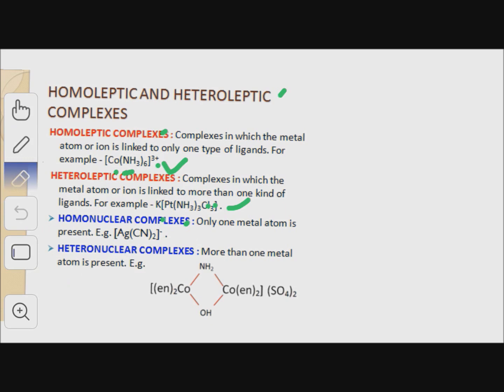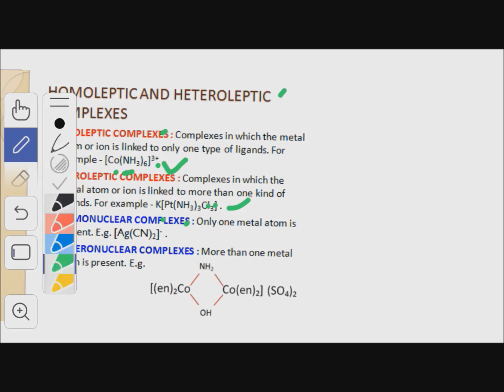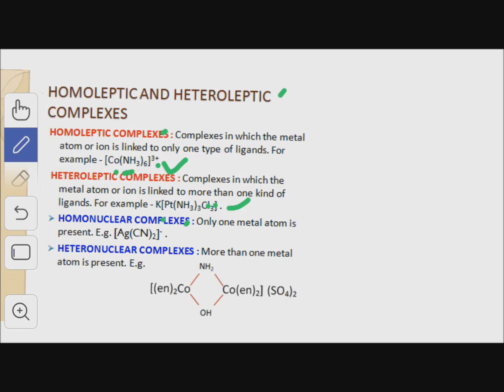Next is the heteronuclear complex, in which more than one metal atom is present. Like in this, there are two cobalt central metal atoms which are linked to two ethane-1,2-diamine and NH2, OH, which forms the bridge between these two cobalt atoms. And these are the counter ions or ionizable ions, SO4 2-. And this is an example of heteronuclear complexes in which more than one metal atom is present. Here we have two cobalt